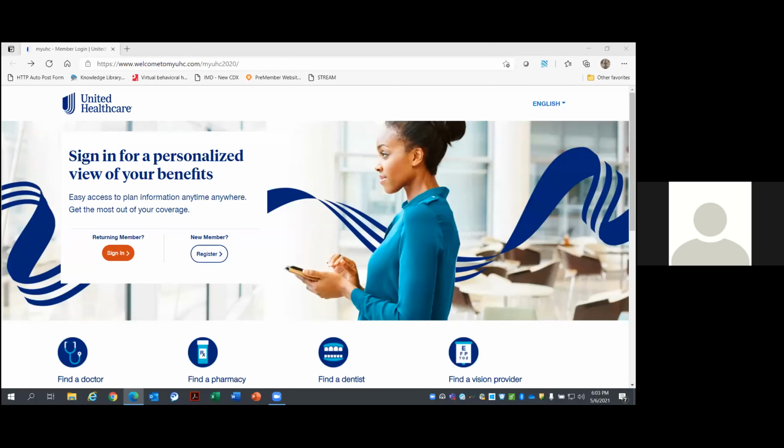That website is called www.myuhc.com. And really, myuhc.com is designed to be your portal into all things UHC. So whether it be searching our network, searching your prescription drug list, reviewing any claims, or getting information on some of the different embedded health and wellness programs that you have access to, this is the one-stop shop that you can visit